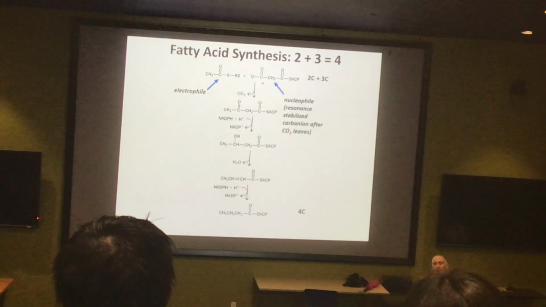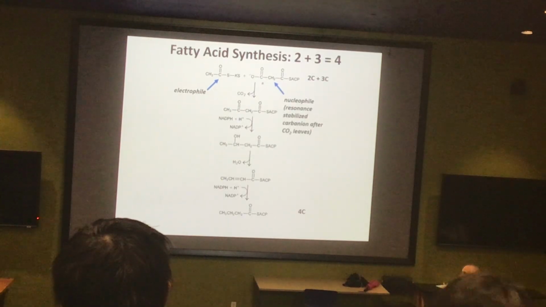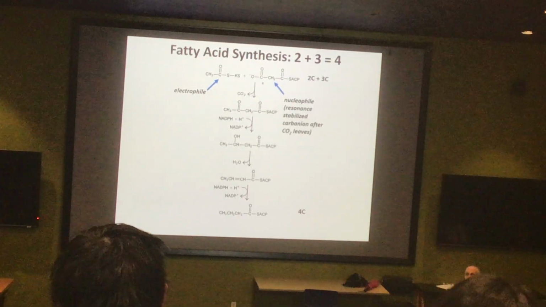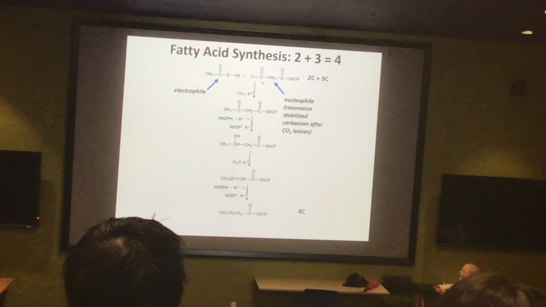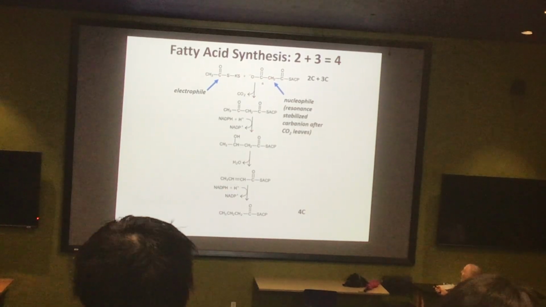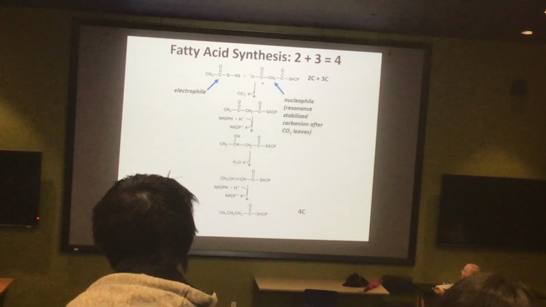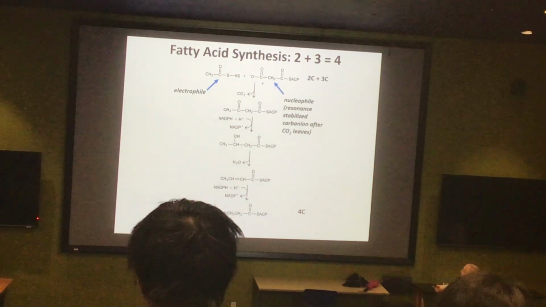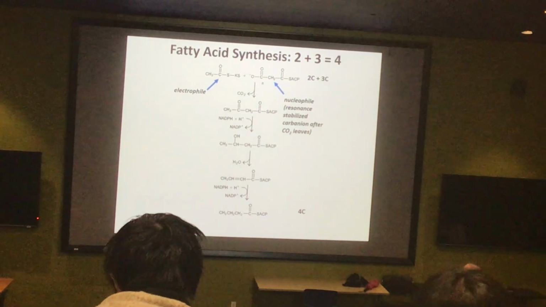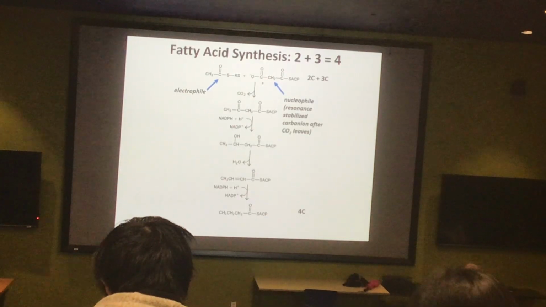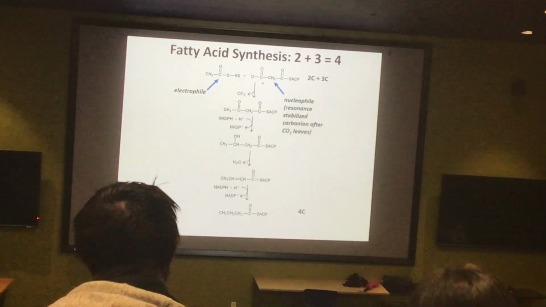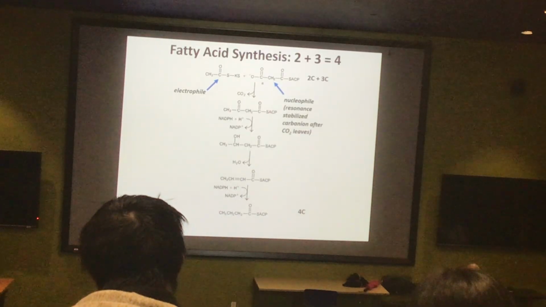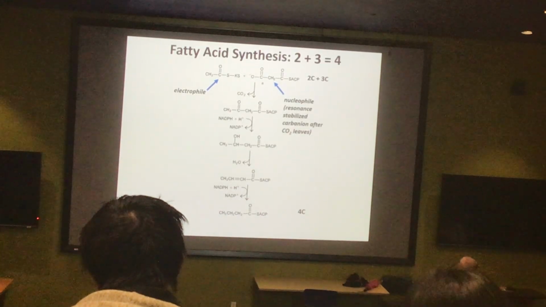And for once we have all of those things. How rare is it in this class that we really have everything that we need, right? Here is going to be our nucleophile. That's actually going to be the carbon here of malonyl-CoA. Here's going to be our electrophile. That's going to be the carbonyl group here. We know that this carbon dioxide is leaving, and that's going to delocalize some electrons onto here. And so these electrons on the CH2 group are going to attack this carbonyl, and that's how the carbon-carbon bond is going to get formed, right?